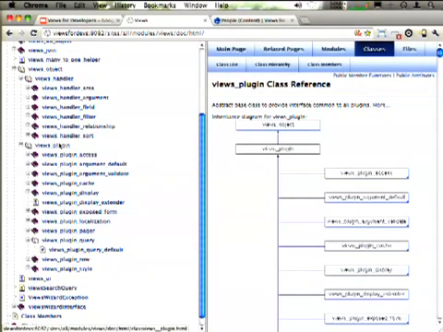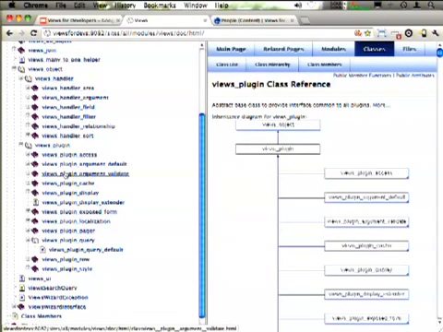So I think basically the difference is that every view has to have exactly one of each plugin, but on the other hand, it can have 0 or more of each of the handlers. So as far as you're concerned when it comes to extending views, it doesn't really matter. You just got to get the right one. Views has already decided for you which ones are handlers and plugins,